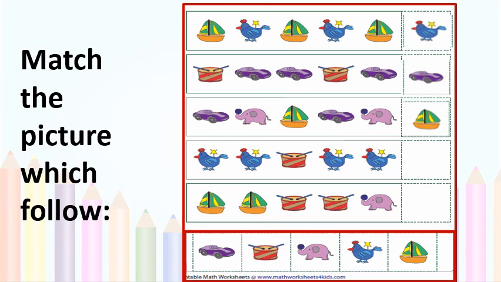Next, two cocks, one drum, two cocks. Again, one drum should be there. Isn't it? So this is AAB, AAB. Right? Next, yacht, yacht, drum, drum. Then elephant, elephant should be there. Isn't it? Double, double. AA, BB, CC. Right? Very good.